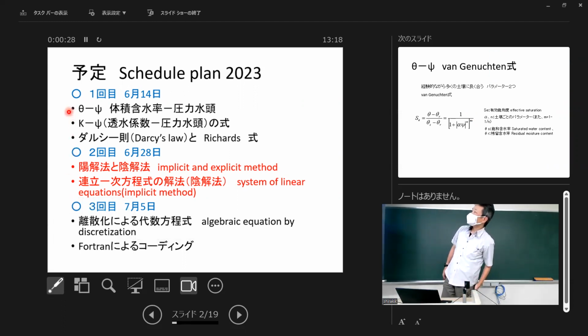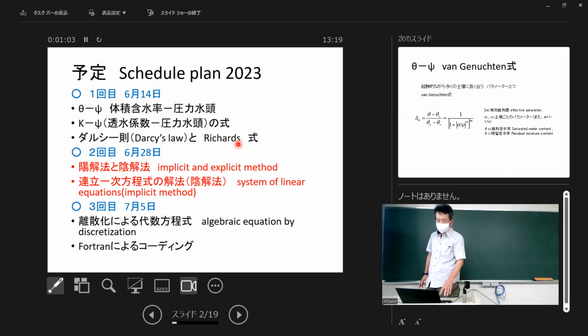for infiltration simulation で、today's number 2。Okay, last time we learned about the formula of the theta psi, k psi. This is water content to pressure head, or the permeability to the pressure head. ね、これ1回目のやつが体積含水率圧力水頭とかシータプサイか。で、K プサイということで、1回目6月14日、やりました。これクラスルームにも、今ズームで撮ってるのあるから、もし気になったらもう一回見てください。で、ダルシー則とリチャーズ式あんま説明してないんだけども、まあいいやと。で、今日は2回目。